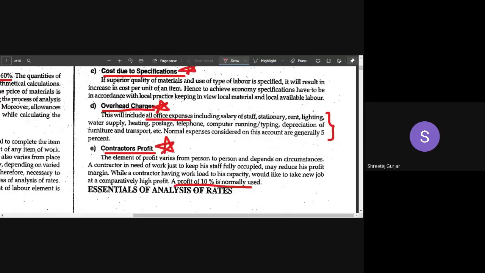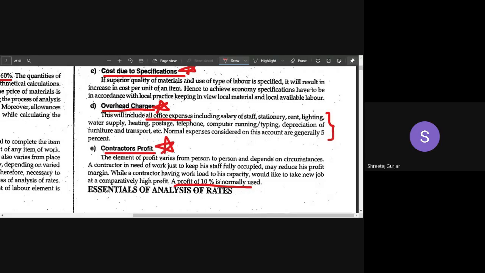It varies, it is not always 10%. It varies depending upon what you are constructing, what the magnitude of your construction is, and how the relationship is with your owner or whoever has given you the work. Depending upon that, your percentage can vary. There is no standard for that. It will be decided by you, the contractor.